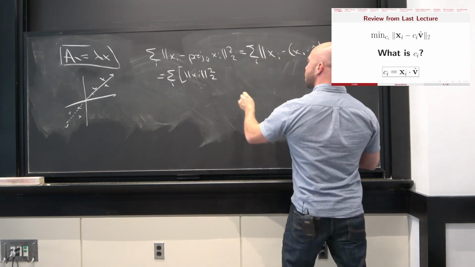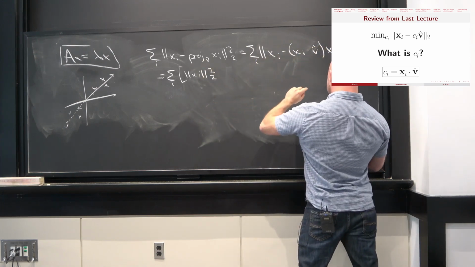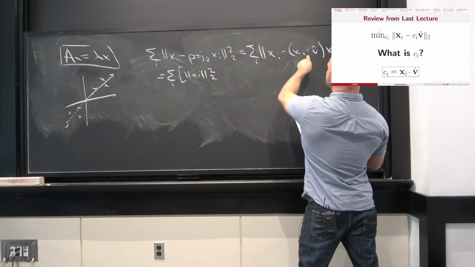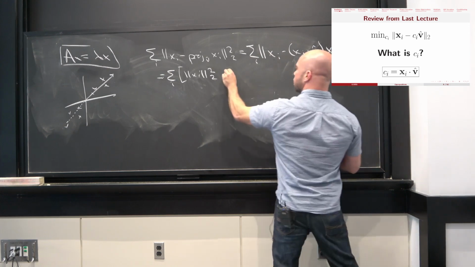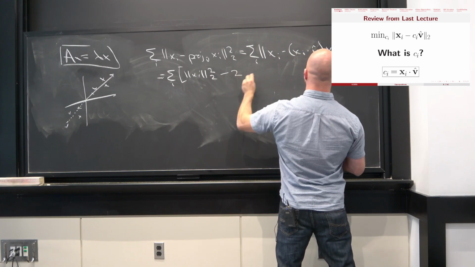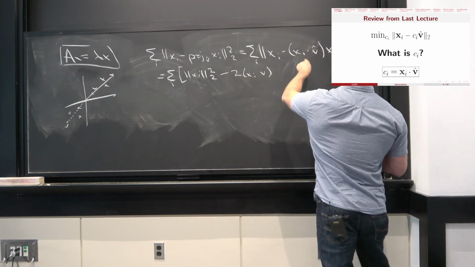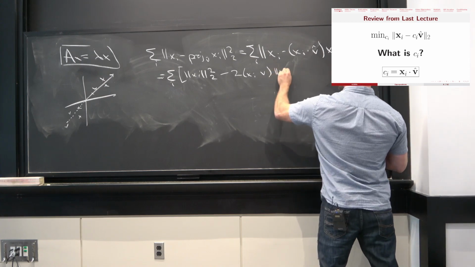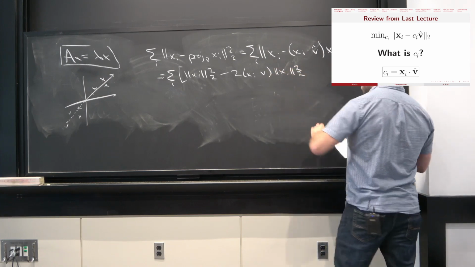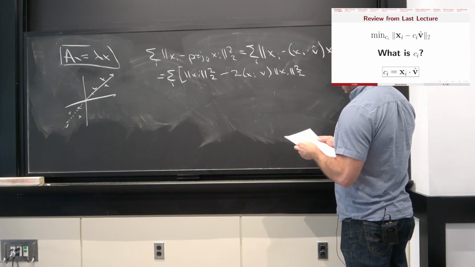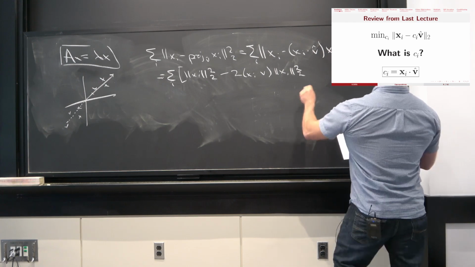Now we've got the cross term. So what is that going to be? We've got a 2, let's see here. We've got xi dot v times xi squared, like that, plus,